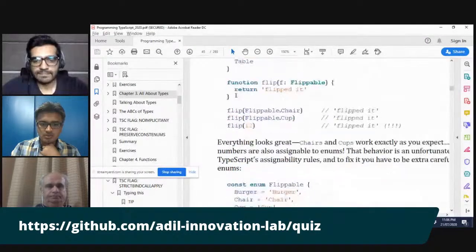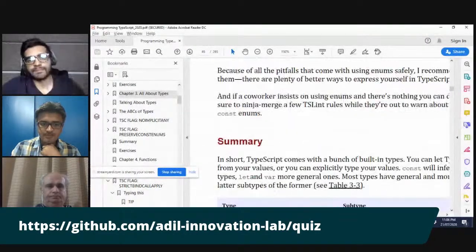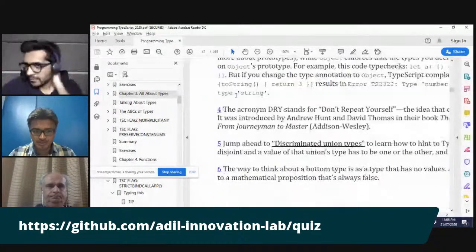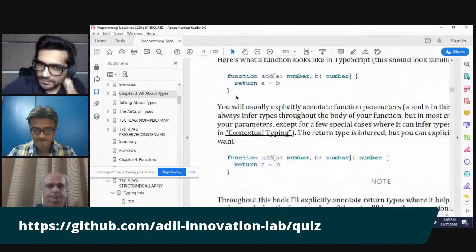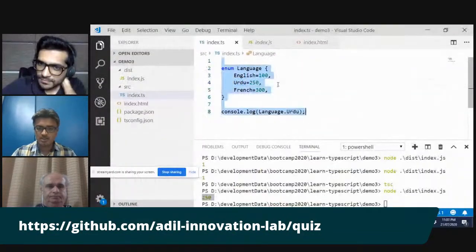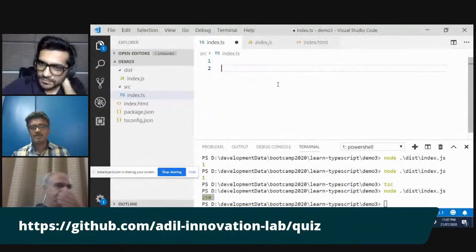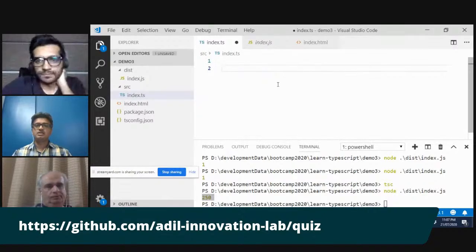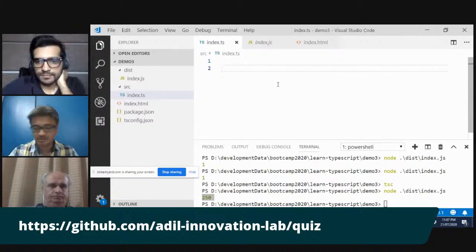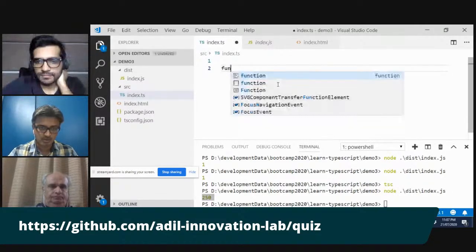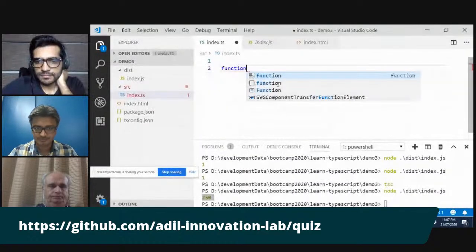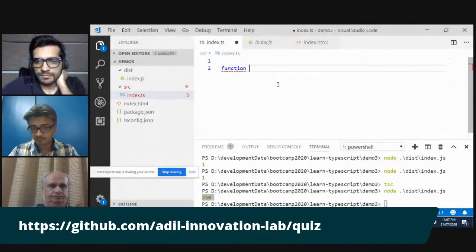Okay, so next, moving on to functions. Functions are again exactly similar to what we have learned in JavaScript. The only additional thing is typing on functions, and there are some interesting things with that. So, function, let's say do some work,